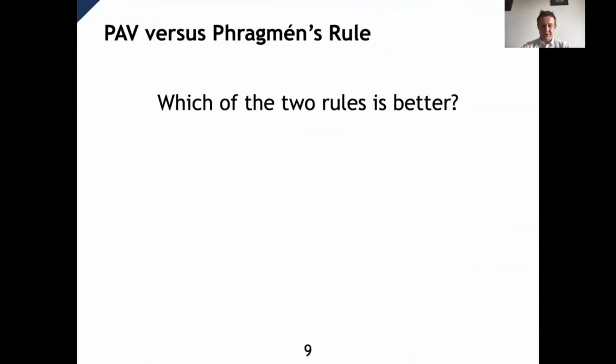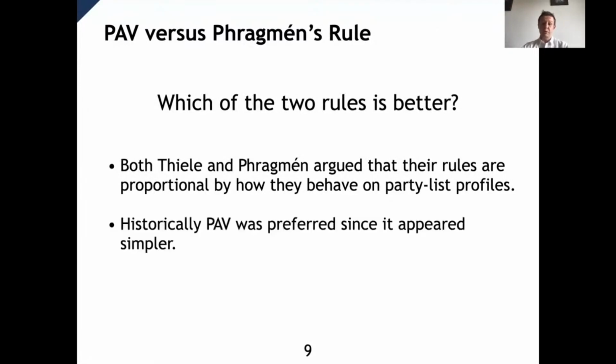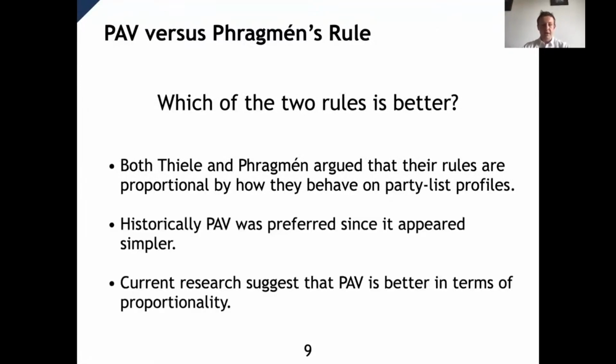This is a very intriguing question. Initially, both Thiele and Phragmen argued that their rules are proportional, and the arguments that they used were based on the fact that these rules behave well on well-behaved profiles. For example, for profiles where the approval sets of any 2 voters are either the same or disjoint, that is, the profiles with this very nice structure that I started my presentation with, for these profiles, both of these rules will behave as expected. Historically, PAV was preferred since it appeared simpler, and current research suggests that PAV is superior